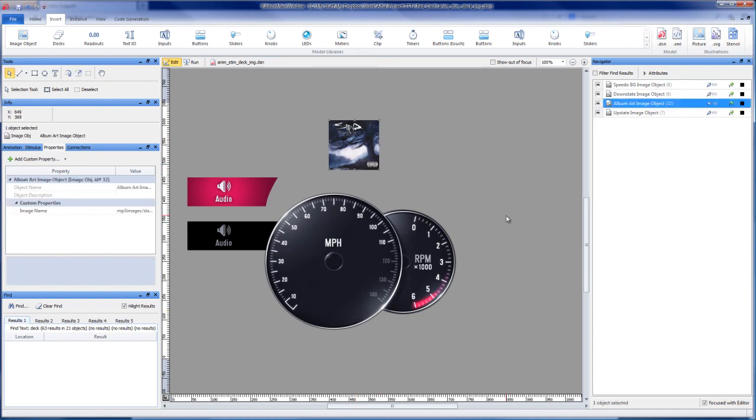And so that's why it's one of the key models of Altia Design and the key pieces to almost every GUI in Altia Design. You'll always use an image object, you'll always use a deck, and if you need dynamic text content, you'll always use text IO. So that's why we like to focus on some of these key objects.